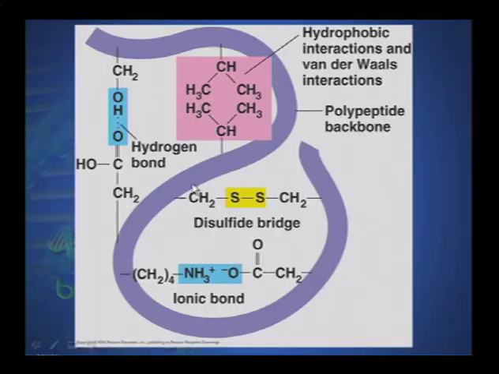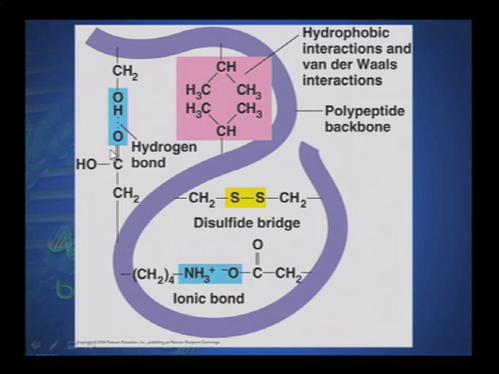Now, again, why is it that a protein will take on a secondary or tertiary structure? Well, it has to do with the interactions between the R groups, between the side chains. And there are a number of interactions which can occur. Some of the side chains are non-soluble, so-called hydrophobic or non-polar. So these non-polar regions are repelled by water, forced together. Additionally, we can have hydrogen bonds, basically just attractions between slightly negative regions and slightly positive regions of our R